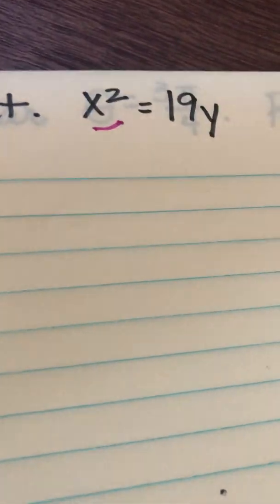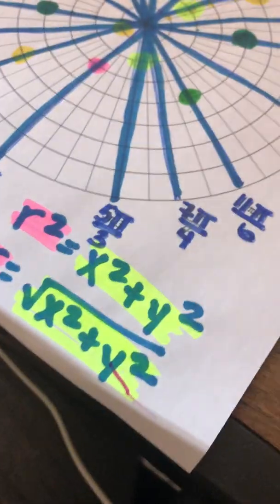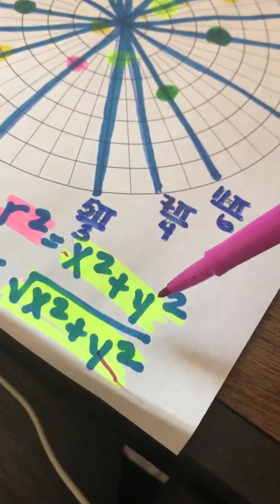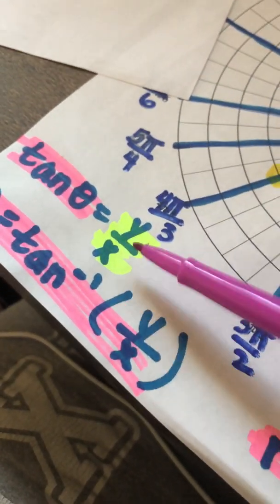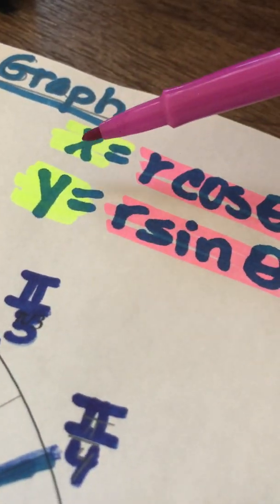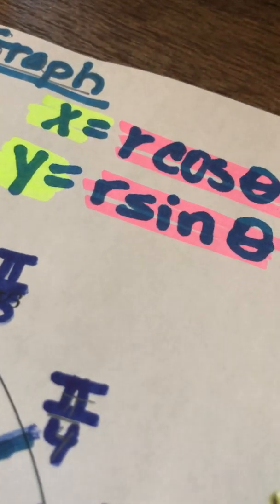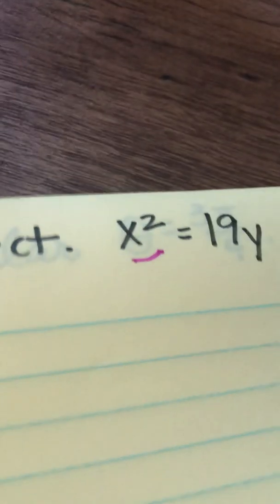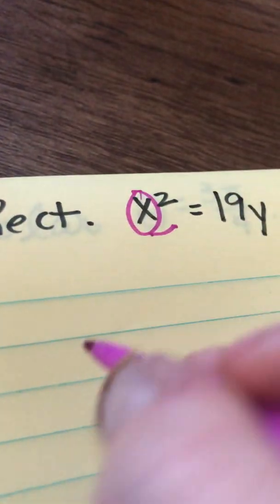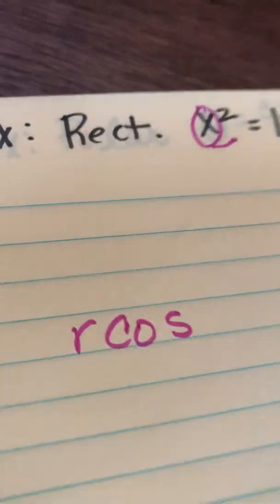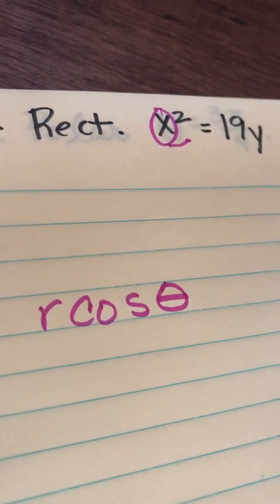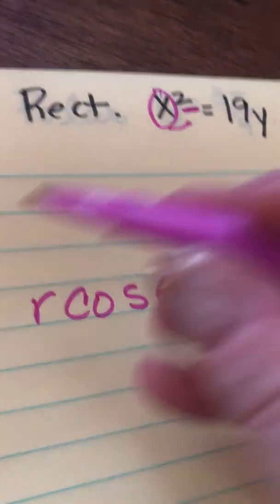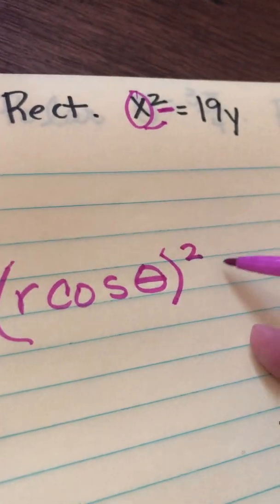Well, first, let's see if there's anything I can plug in for x squared. Not really. This has a y squared on it. Darn. Okay, hey, maybe I can do this. Instead of x, I could put r cosine theta. Well, let's try that. Instead of x, I can put r cosine theta. But it's squared. So let's put a squared up here. Equals,